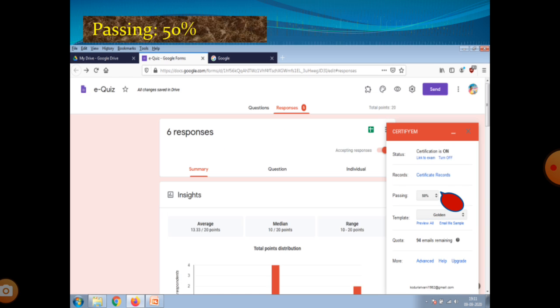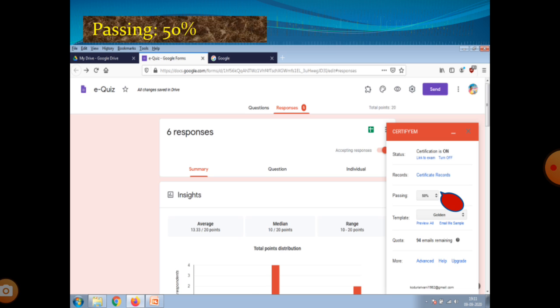Next is the template. Below the passing percentage we have the template, with so many designs, golden, and different types of templates. We can take a different type of template, or we can create our own certificate based on our creativity.